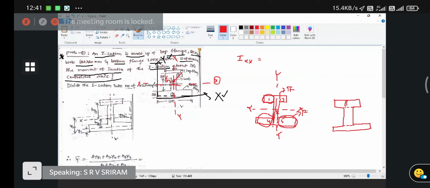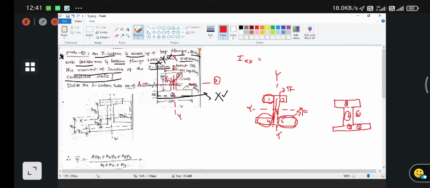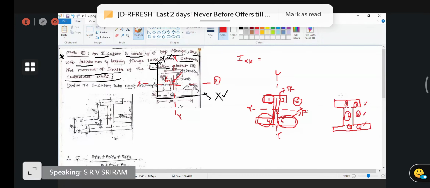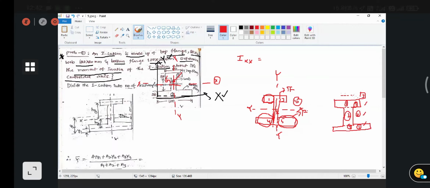Now see here, this is the first rectangle, this is the second rectangle, and this is the third rectangle. Or otherwise, you can number them from bottom to top or top to bottom. There is no difference in giving the numbers. So 1, 2, 3, three sections, but by dividing vertically we got five sections. So every time you need to select based on the requirement of the problem. Due to the orientation of this problem, if you draw horizontal lines only, the number of divisions will be 3. So there I will find the moment of inertia for those sections only.